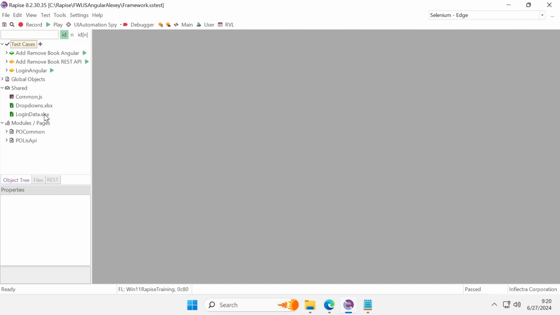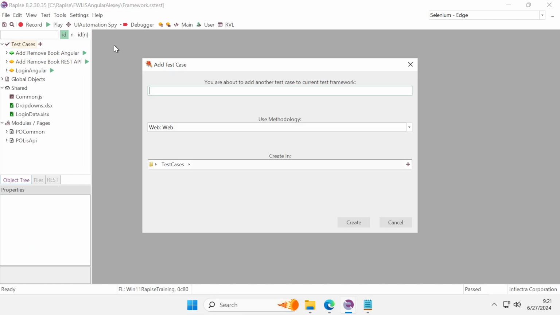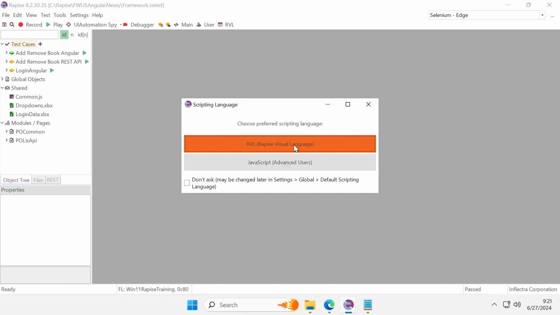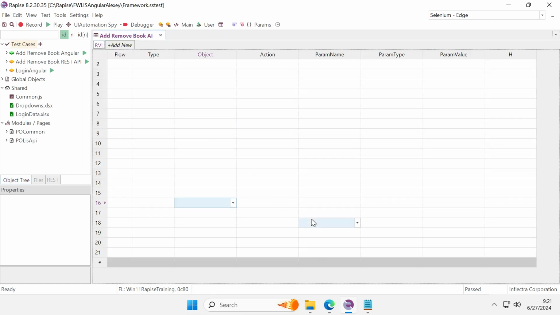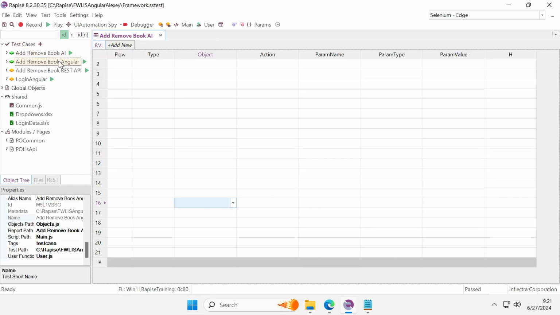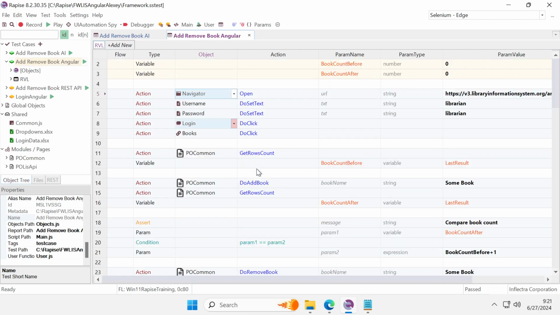We have a testing framework where this scenario is already implemented in a few different ways. One of them is REST API and another is using UI, Angular UI. Now we add one more way. AI. So just creating a scenario just as before, and instead of writing code as I did before,